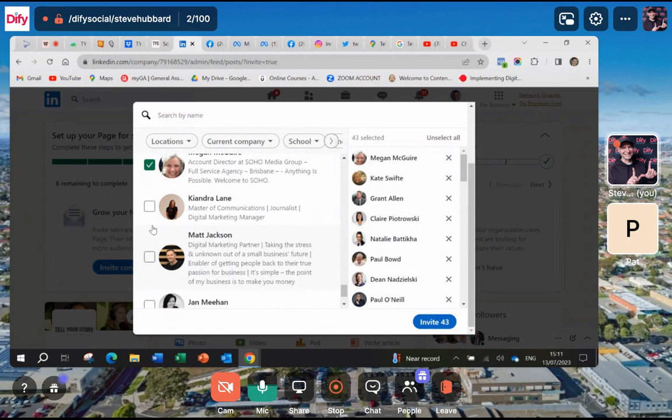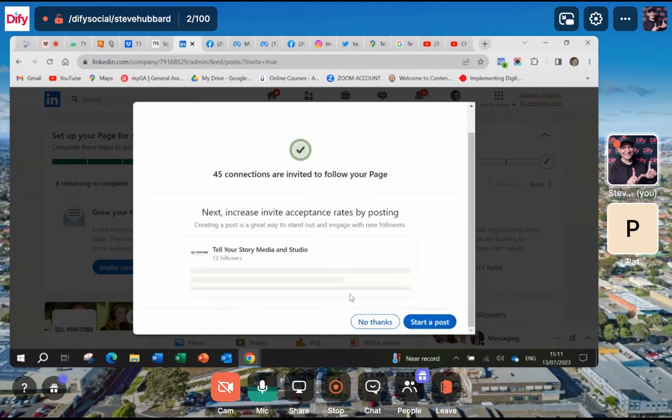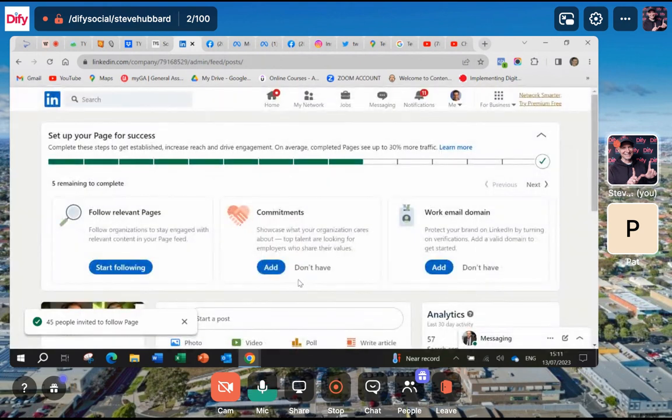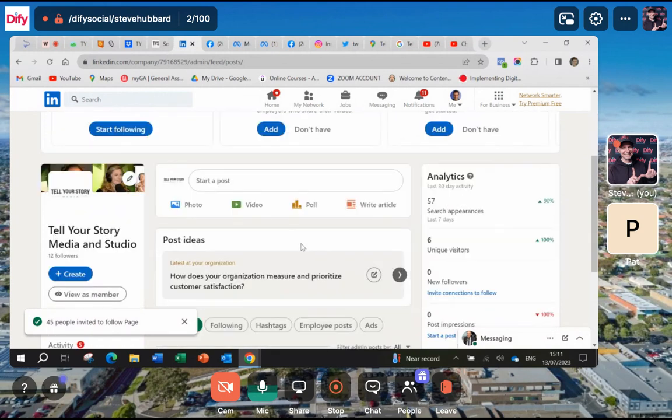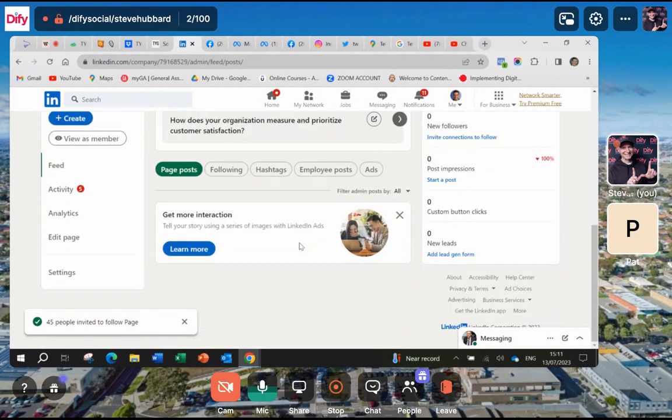Basically, there's two ways to get to it. If you click invite and go no thanks, because on the right hand side you saw that it said. If you scroll down, I think it does now always ask you if you want to invite followers. But the other thing is when we went to settings in admin on the left hand side. See, it's got settings on the left. If you go settings,